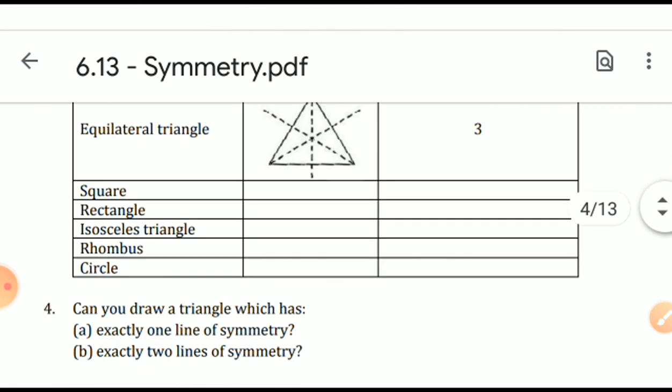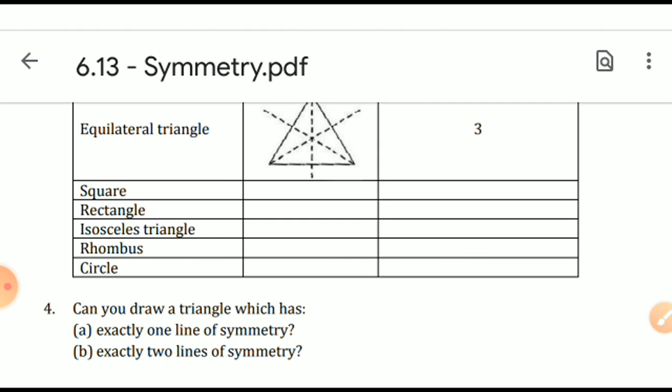Rectangle, isosceles triangle. Oh, very good questions. Isosceles triangle. What is the meaning of isosceles triangle? Can anybody give the answer? Yes. My dear student, you are right, 100% correct. A triangle whose 2 sides are equal and one side is of a different measure is called an isosceles triangle. A very big clap, applause. Very good.